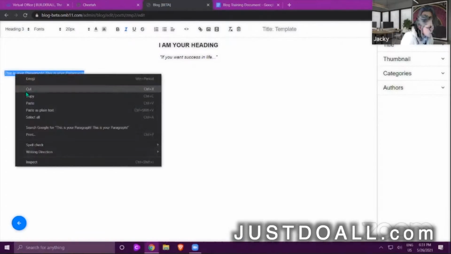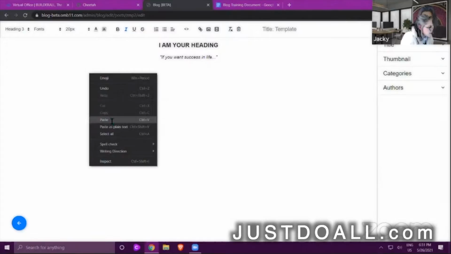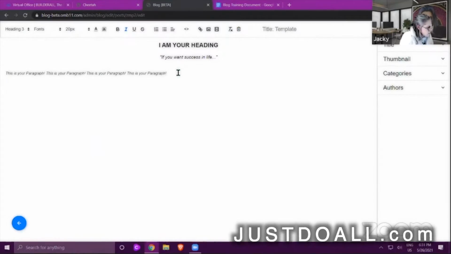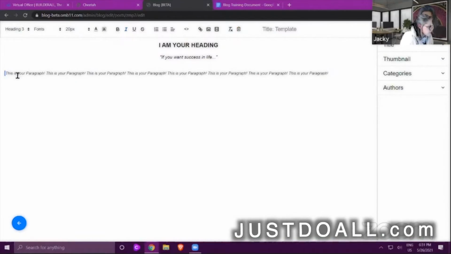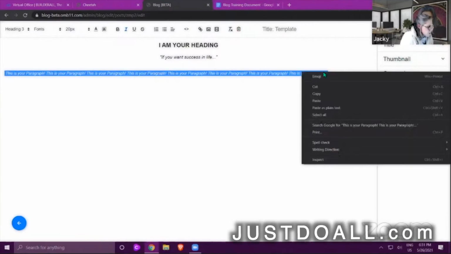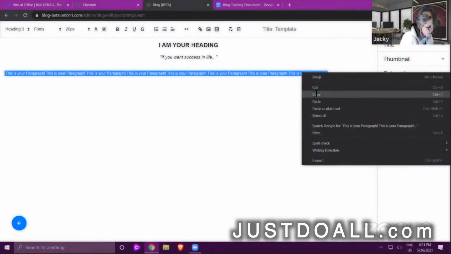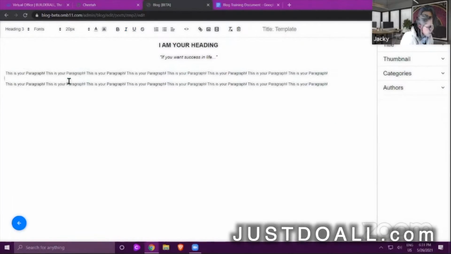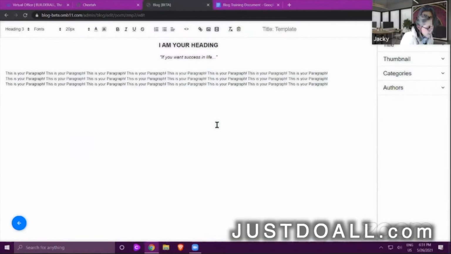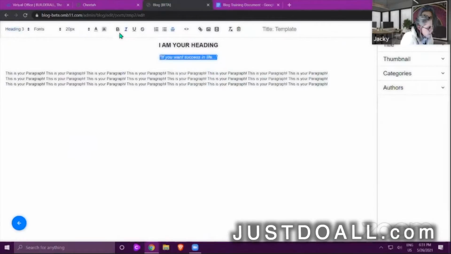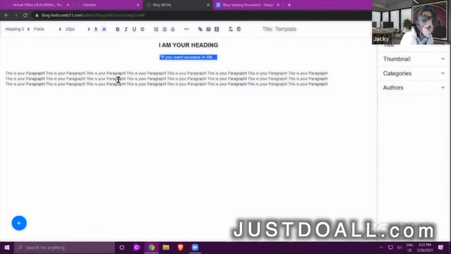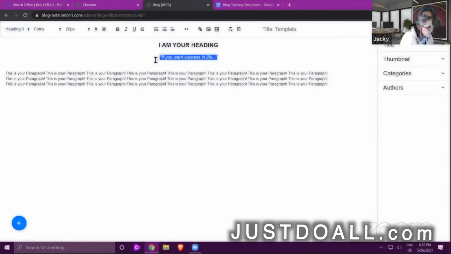And I'm just going to do this now, copy, just so that you can get an idea. Control V, and so we know that this is our paragraph that we're going to have. Copy. Let me just take that away. Copy, paste. So let's say that would be our introductory paragraph, and I want that to be highlighted in the background, something like that. It looks terrible. I'm going to change that to white. All right, just to give you an idea